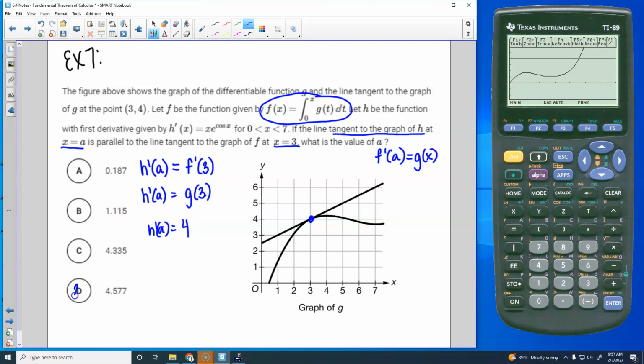Has somebody found that intersection so we can move on because we're running out of time? It's closest to D. Yeah, since it's multiple choice. To be sure, I like to actually find the point, but we're running out of time.